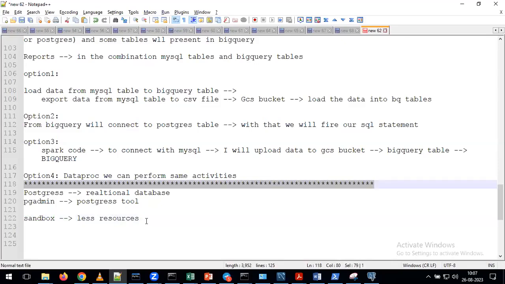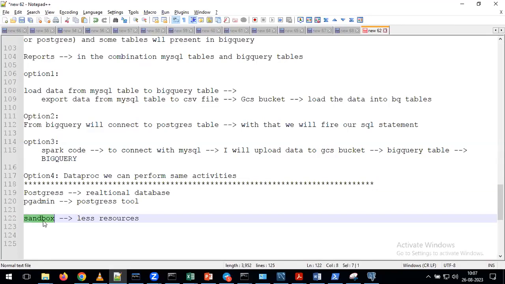But in real time also they use sandbox, right? I can hear this word. Yeah, coming to sandbox, in different applications it has different kinds of meanings. In other applications we have a word called sandbox, but its meaning is different there. Here, in Postgres, when you see the option sandbox, we create cheap resources. Cheap means very few resources as part of creating your instance.